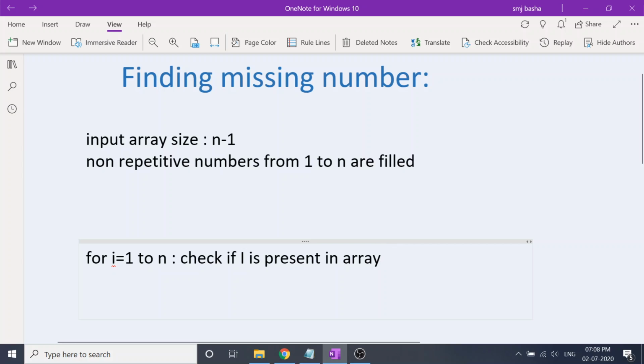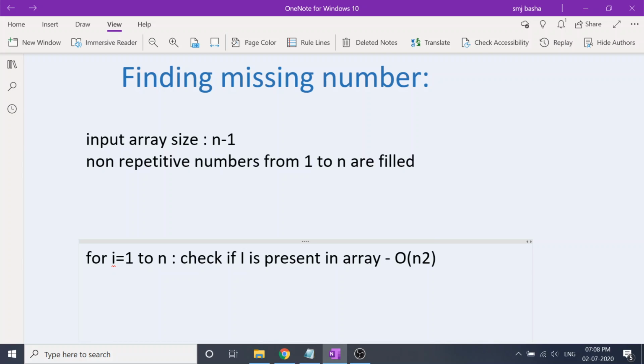So as you can see here, for every possible value of i I am checking the entire array. So checking in the array itself will take order of n. So I'm doing it in fact order of n minus 1, but you can take it as order of n. I'm doing it for n times, so the overall time complexity is order of n square, isn't it? So this is a naive approach.